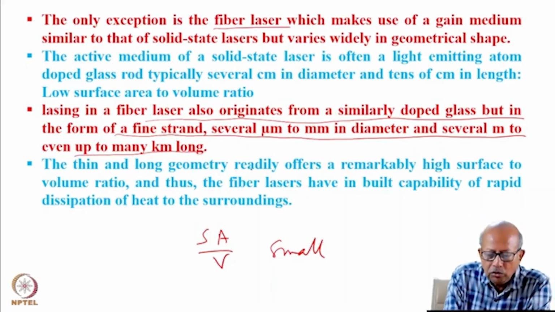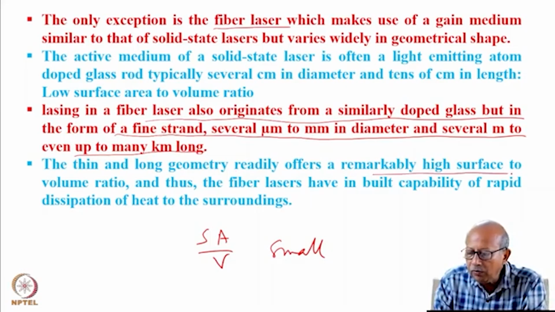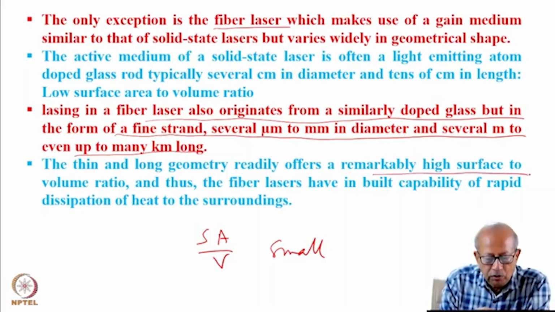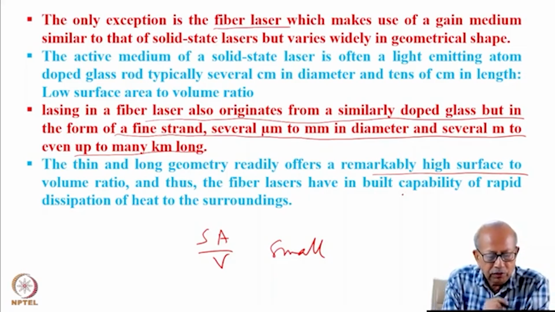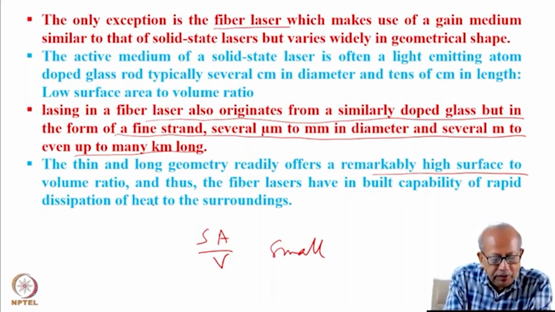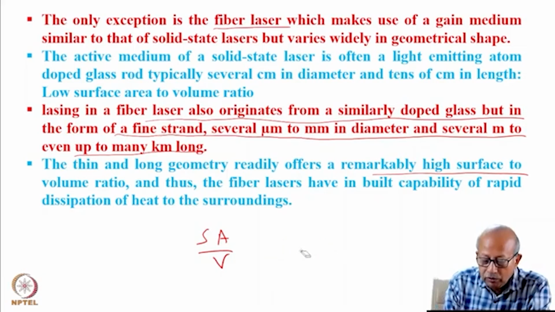This thin and long geometry readily offers a remarkably high surface area to volume ratio, and thus the fiber laser has inbuilt capability of rapid heat dissipation to the surrounding. So let us take